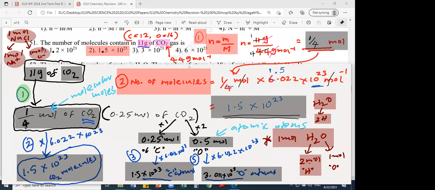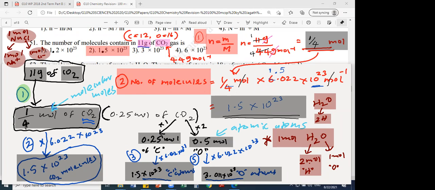I explained in detail how to do this calculation, right? The upcoming questions can also change the molecule. If they give grams, you have to convert into moles, moles to molecules and atoms. That's it. Grams to moles, moles to molecules, and molecules to atoms. But if you want, you can reverse this. Atoms can be converted into moles. How? Divide by the Avogadro constant. Same thing, opposite. After multiplying, you get atoms. If you divide, you can reverse this.